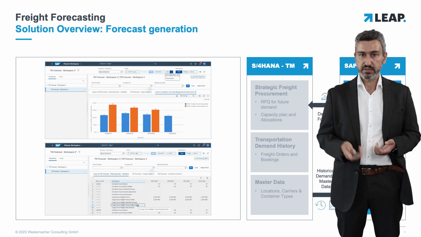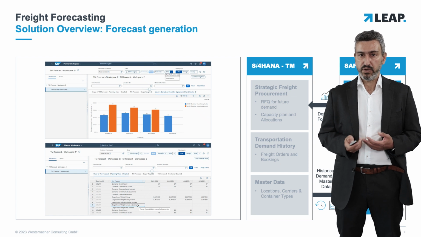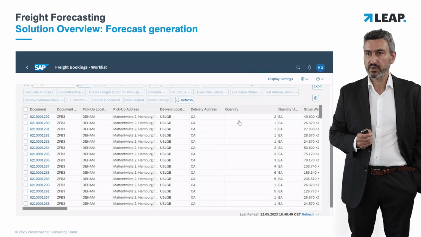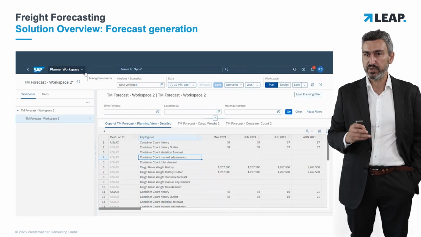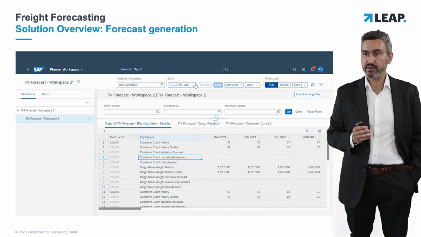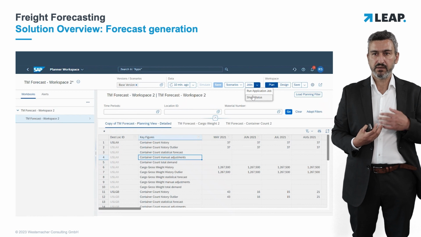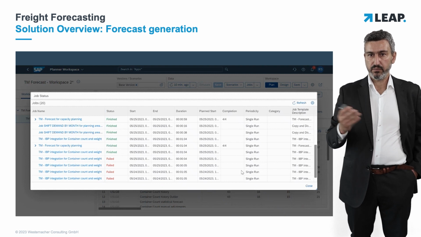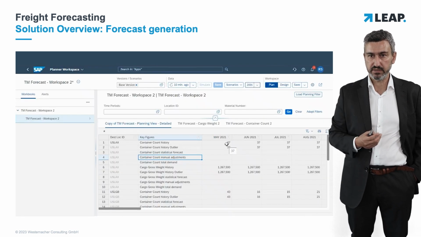We will be generating the statistical forecast in SAP IBP, and then that information will be sent back to SAP TM. So here we are in the freight booking work list, and here we are instead on the IBP side, where we are basically verifying, through this planner workspace, if our job of integration, loading the historical data from SAP TM, has been successfully executed. We have seen that the job has finished,